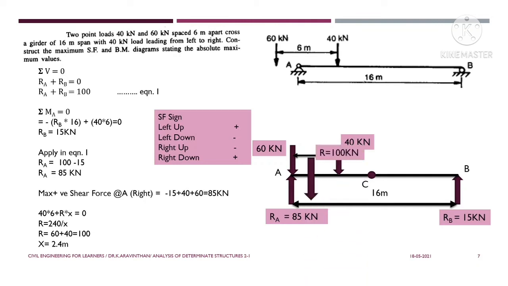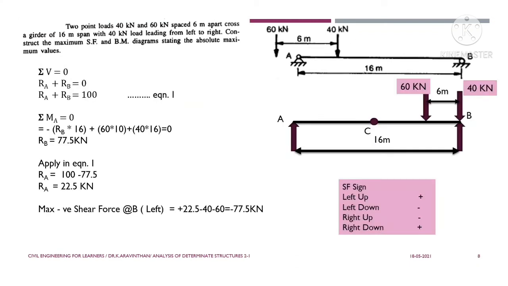Now let us find the absolute maximum negative shear force. So if I want to find that, I have to take this load and place it at point B. Where to place at point B? So point B, if you are locating this as a single point, consider the point B where the load is acting at left hand side and the reaction is acting at right hand side. There will be slight variation. Okay, so this load crosses to this point and this distance is 6 meter.